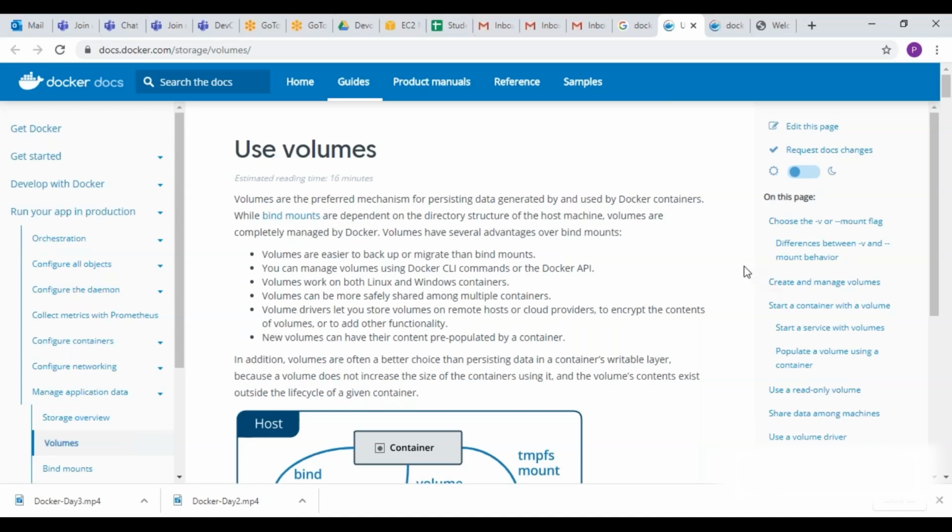You mean to say there is an image called Docker? That is what you are asking. What is the purpose of the image Docker? Your voice is not clear. Yes, yes. What is the